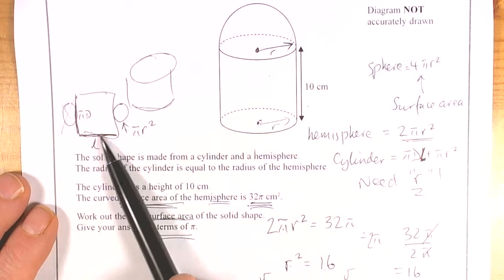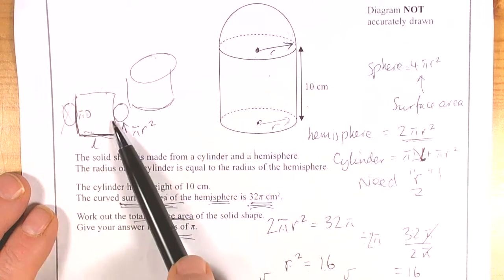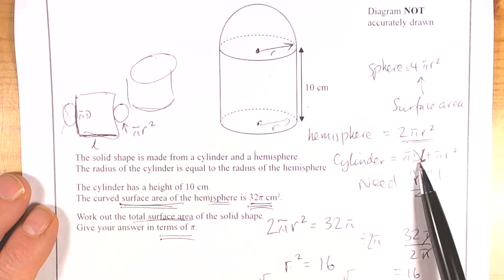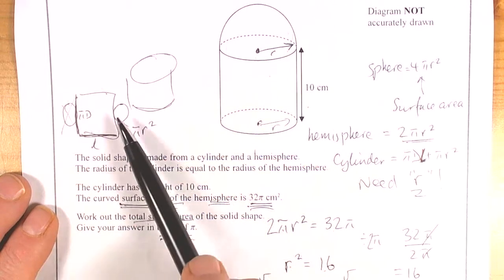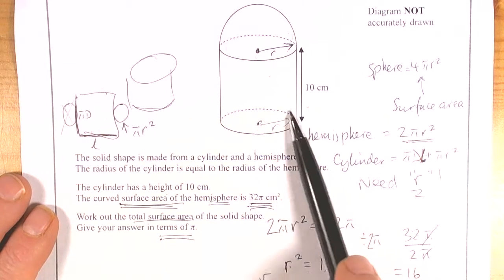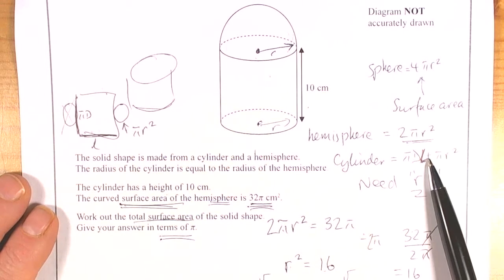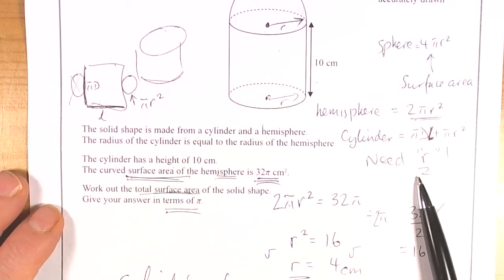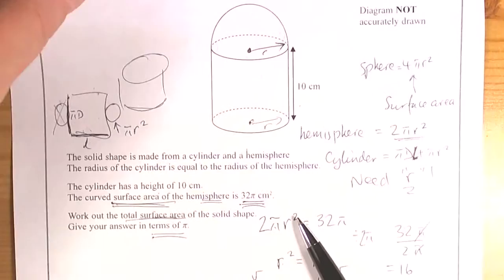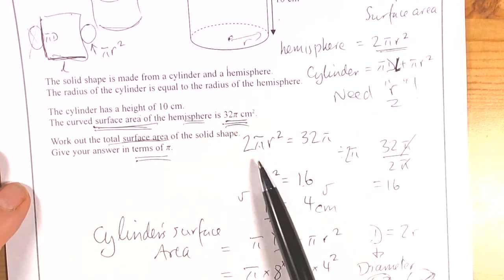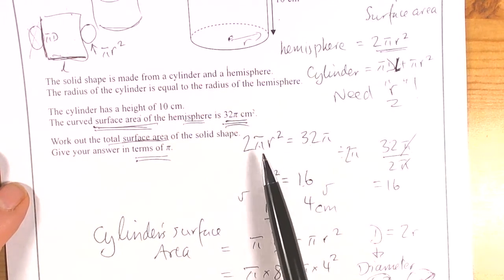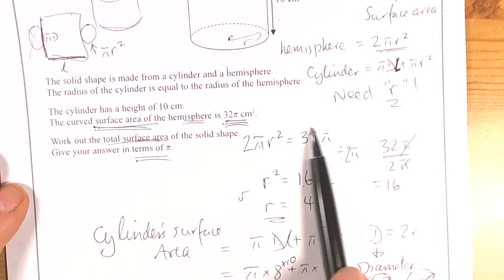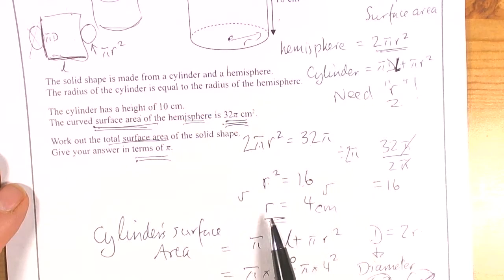Net of the cylinder showed us that the area of the curved surface on a cylinder is pi d times L, so you've got to remember it's pi dl, and then the area of the circle, because we only need one circle for the bottom, and that was then plus pi r squared for the area of the circle. So that told us then we need r before we can get any of this information sorted to get the total surface area. But we had a fact given to us, so we made the surface area of the hemisphere equal to that fact, and then we rearranged this to get r,